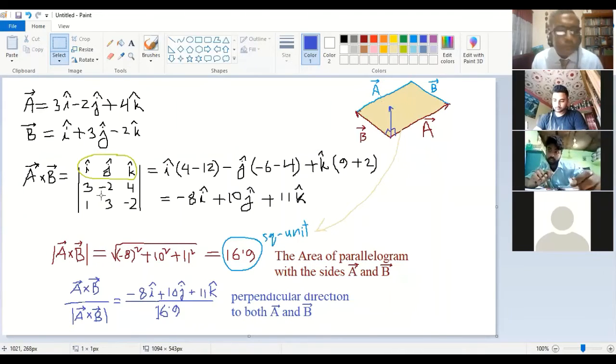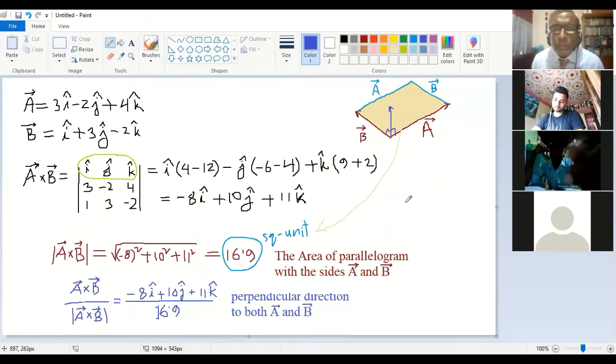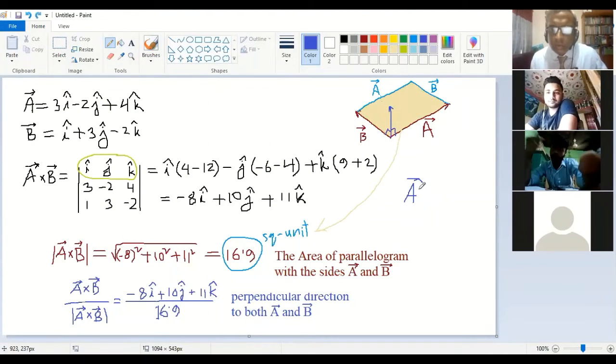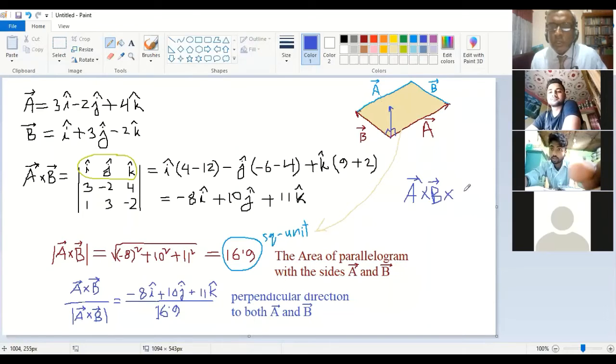Sir, here we are working with two vectors A and B. Is there ever a possibility of three vectors here? Yes, of course. Then how do we do this work? This cross multiplication, if you have A cross B cross C, if you have 3 vectors then you do it part by part, so A cross B you find first and then this vector cross C. Okay, you do it like that.